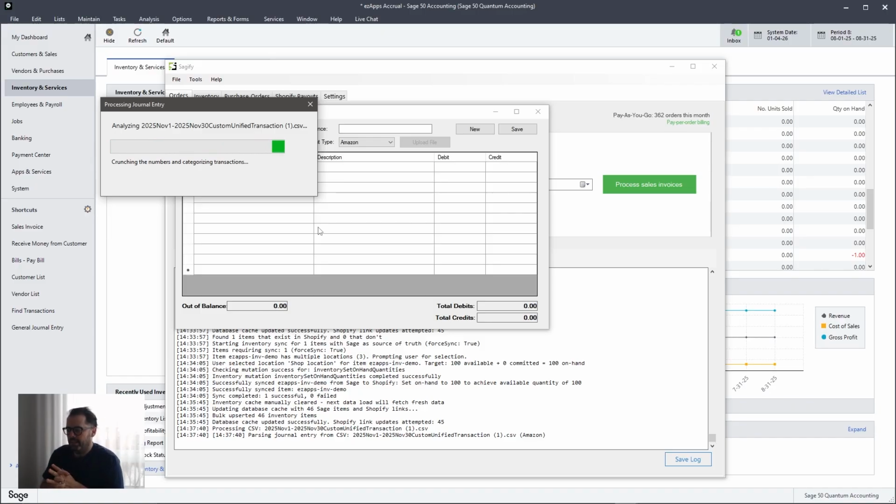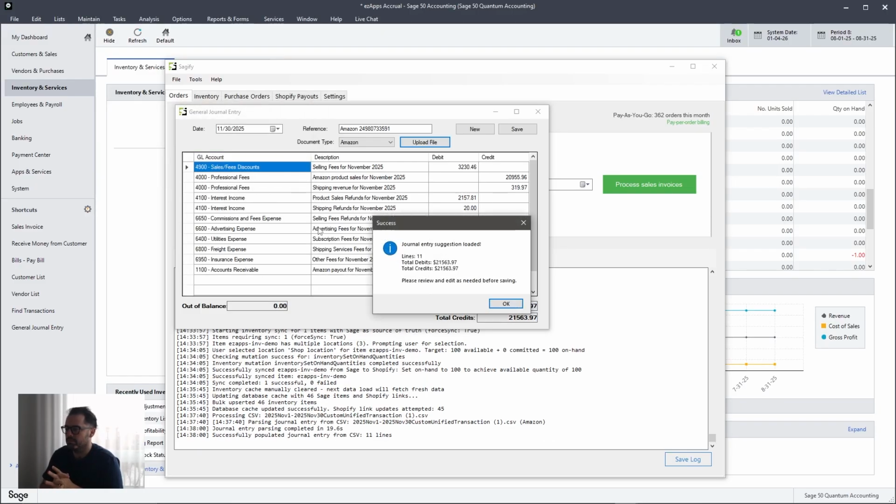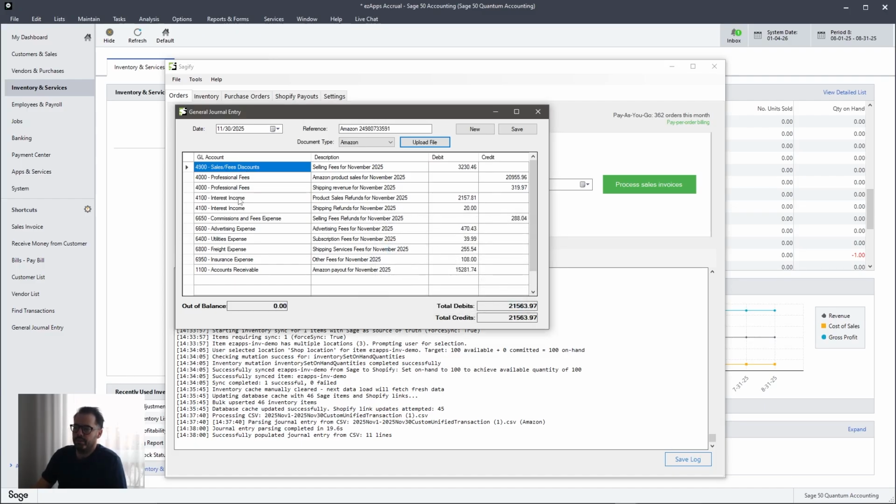matching the sums and putting everything into specific accounts, whether you sold through shipping, taxes, refunds. And so you can see it created a balanced journal entry of $21,563.97, and it'll put it into your correct GL account. So selling fees went into a fees discount, Amazon product sales, and if you don't like the GL account it goes into, you can always edit it yourself. And then you can go save this number, click save,